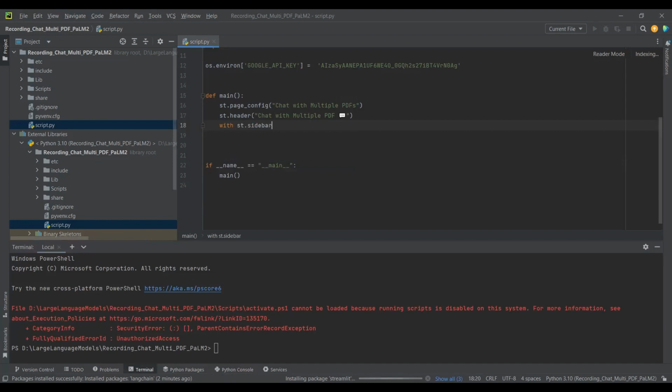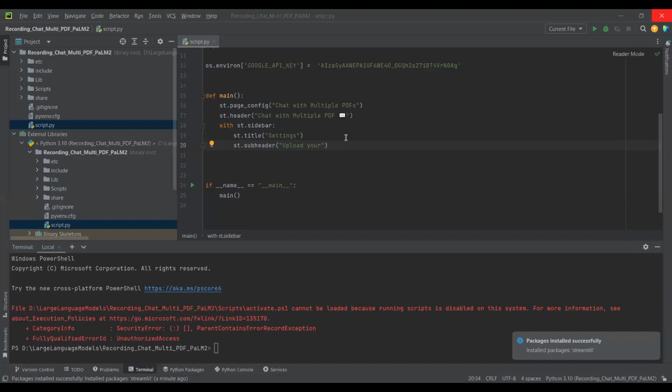st.sidebar. So in the sidebar, I will just create a title by the name Settings over there. And then I will just add a subheader over there as well. Upload your documents. Go to your documents over here. And then I will just add